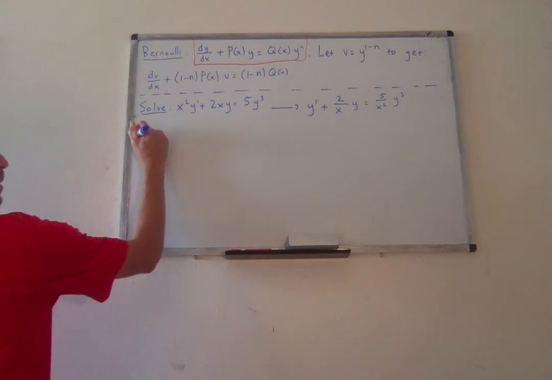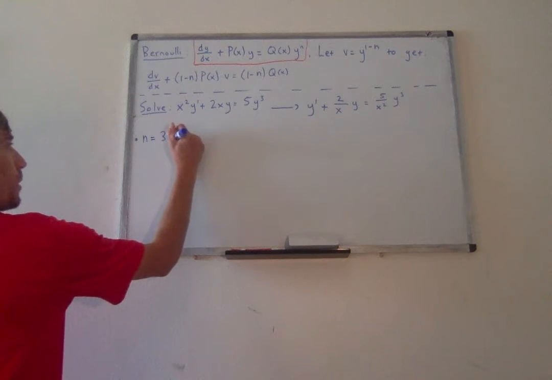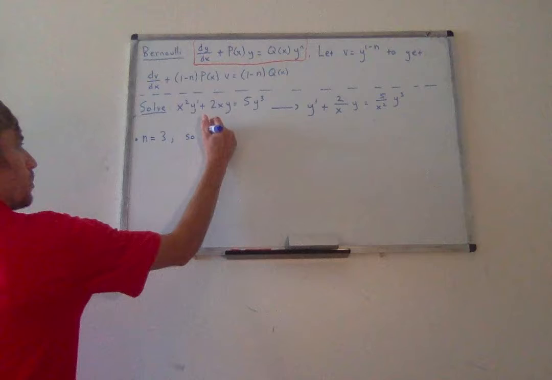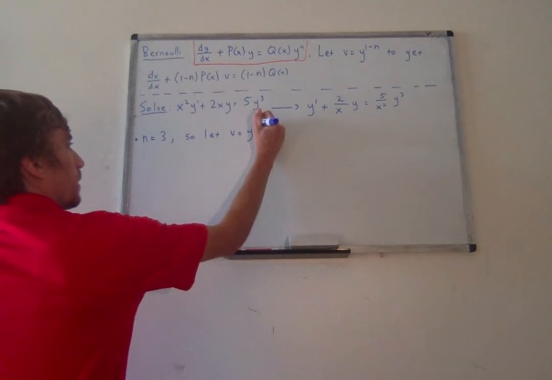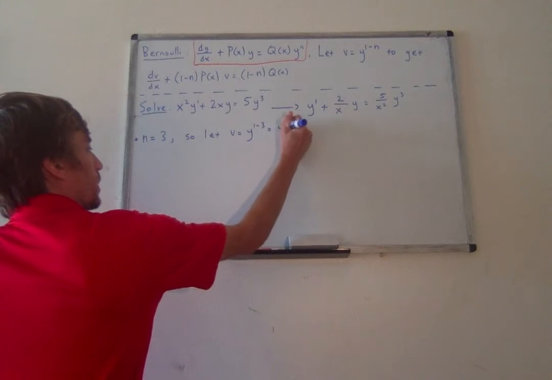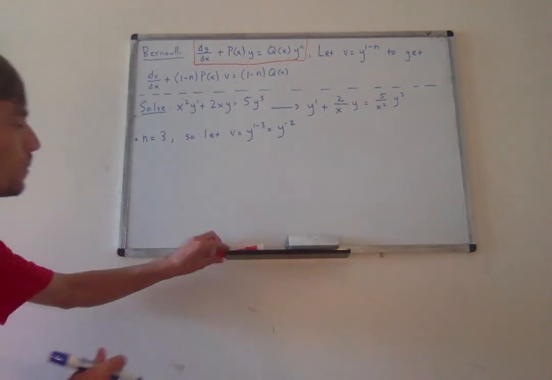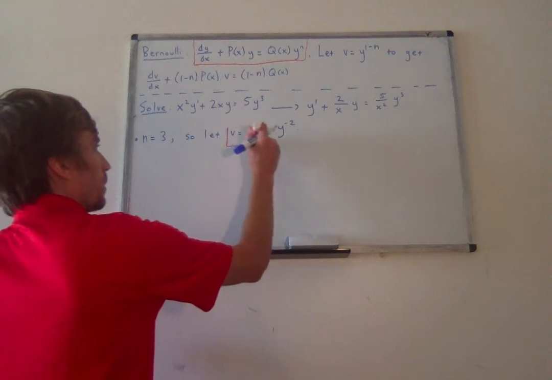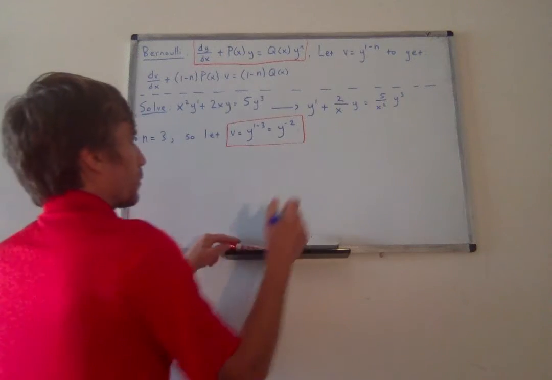So now we notice this is a Bernoulli equation with n equal to 3. So we're going to let v equal y to the 1 minus 3, which is equal to y to the negative 2. And so what this substitution does is it transforms